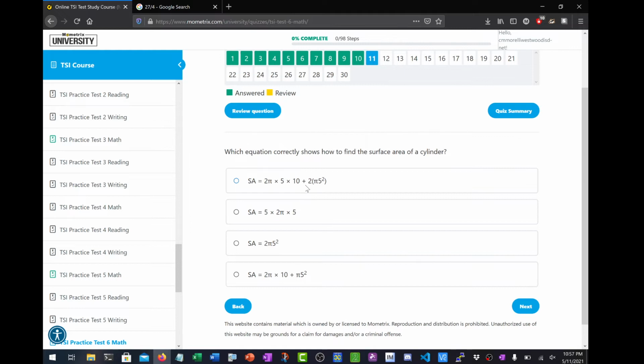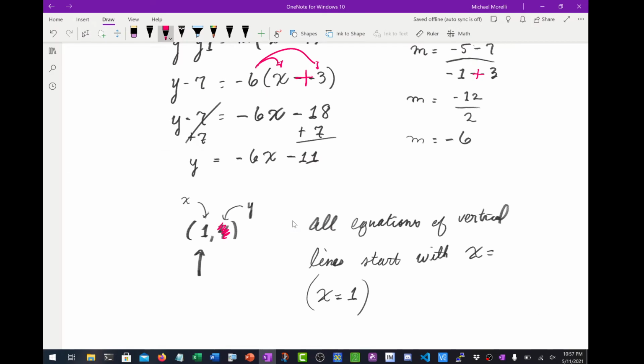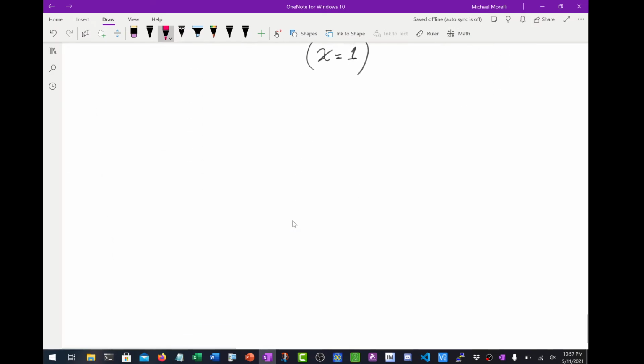And I guess we have to kind of backtrack and figure out what they're doing. I don't like the question. It's confusing. But let's just get out of that for a minute and just go back to our scratch paper